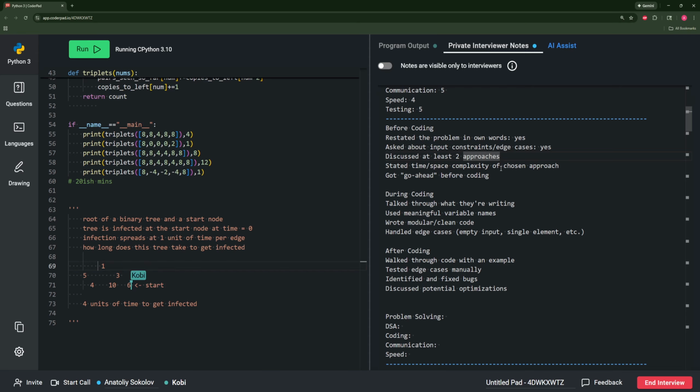Whenever I hit the infected node, can I just say that it's the max between the length to the left of the node, or sorry, the distance to the infected node? I'm pretty sure for any node above it is the length of the tree